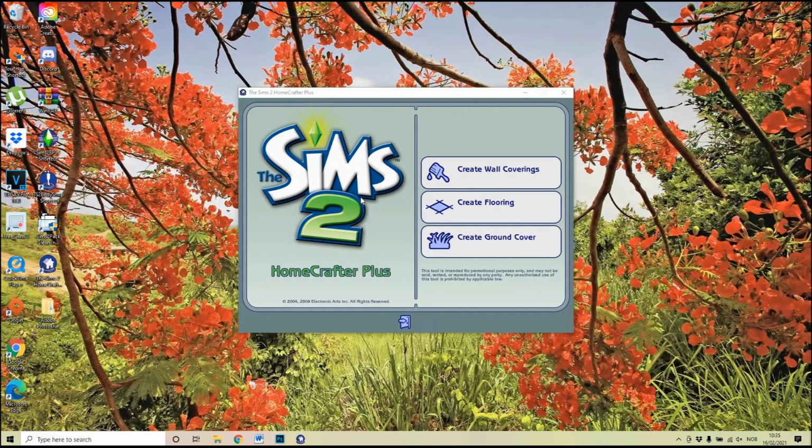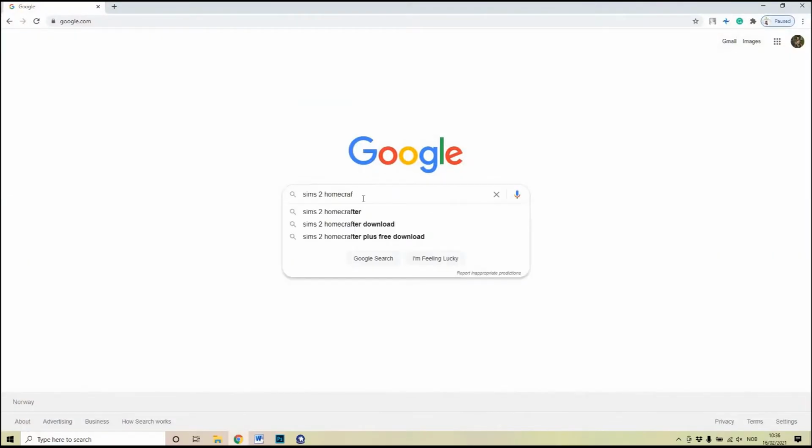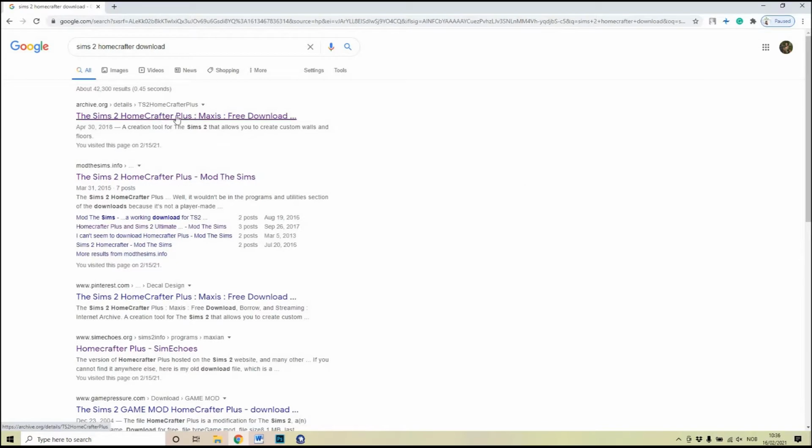So first things first, you're going to need the Sims 2 Homecrafter Plus program, and this is really easy to find online. I literally just Googled it. So type in Sims 2 Homecrafter Plus, download, free download, it really doesn't matter. And I clicked on the first one, so the Sims 2 Homecrafter Plus Max's free download,